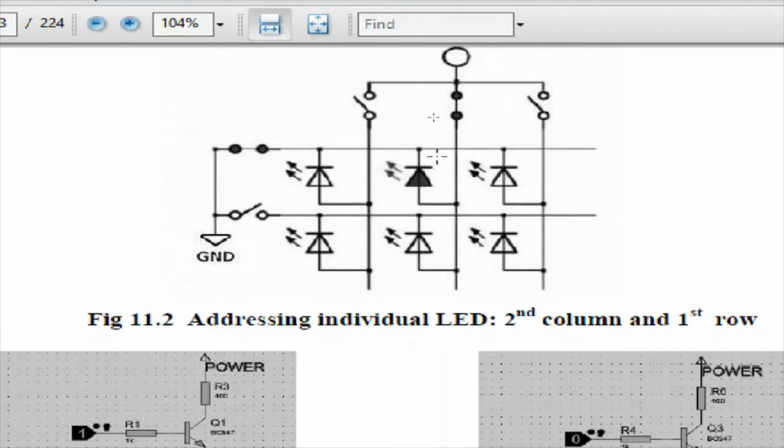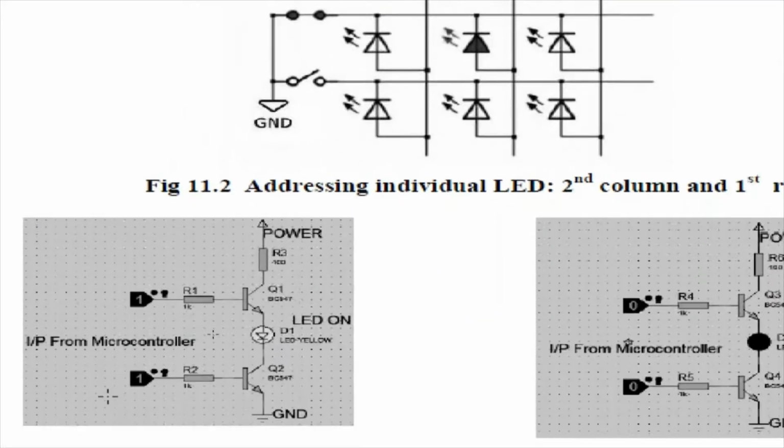In order to glow this LED, say this LED belongs to row number 1 and column number 2. So in order to glow this LED, what should I do? I should turn on this transistor so that cathode of this LED will get connected to ground. Similarly, the second condition which needs to be satisfied is I should turn on this transistor also, so that as its one end is connected to VCC, this VCC will be supplied to the anode of that corresponding LED. So transistor corresponding to row and transistor corresponding to that column should be in on condition,